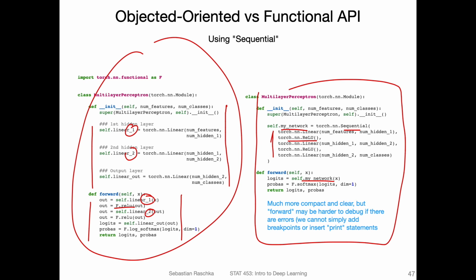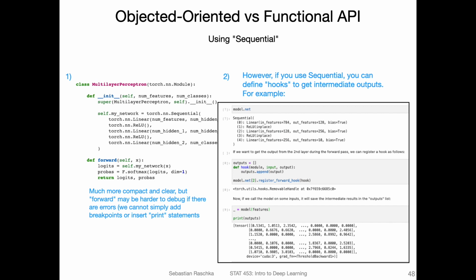But sometimes, of course, we need to be flexible. Sometimes it makes more sense to use the API on the left-hand side, for example, if we have custom research projects where we want to tinker a little bit more with the code, because there's one downside of the Sequential class. The problem is if you want to get intermediate results, like the size of this one, or there's a bug and you want to print the output of this one.